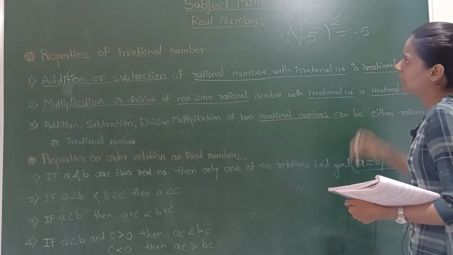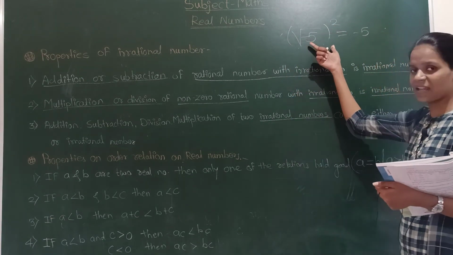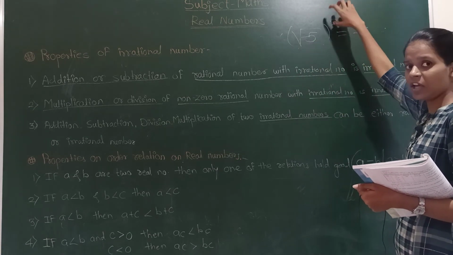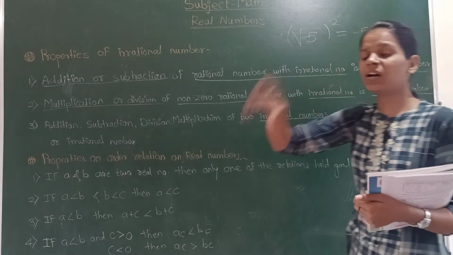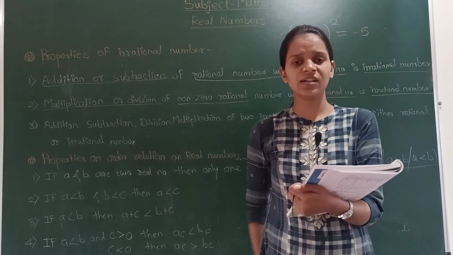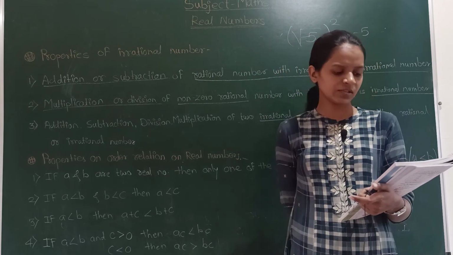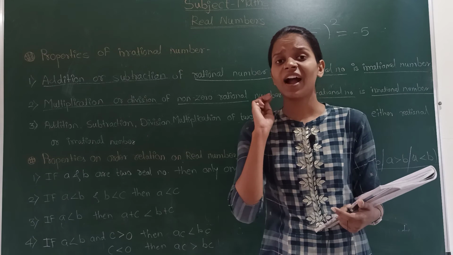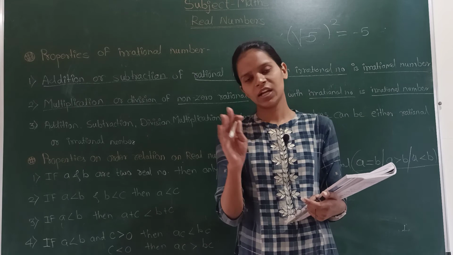We have to calculate the square root of a negative number. Suppose minus 5 is the number and we have to calculate its square root. Then we take the square of this, the square root will be removed and it will be minus 5, so a negative number would have to be a square. But we know that the square of a real number is always non-negative. The square can't be negative for any number. It means the square of any real number is never negative.